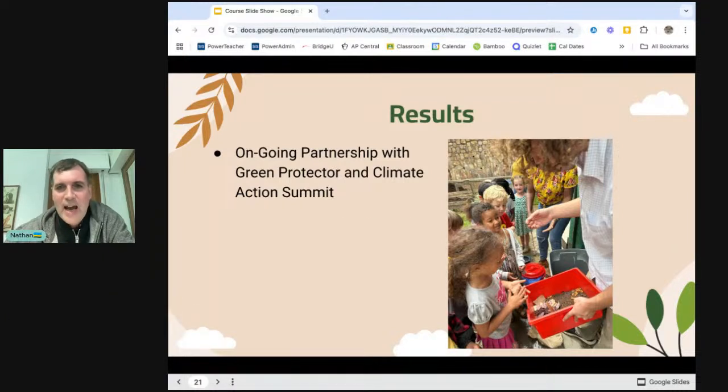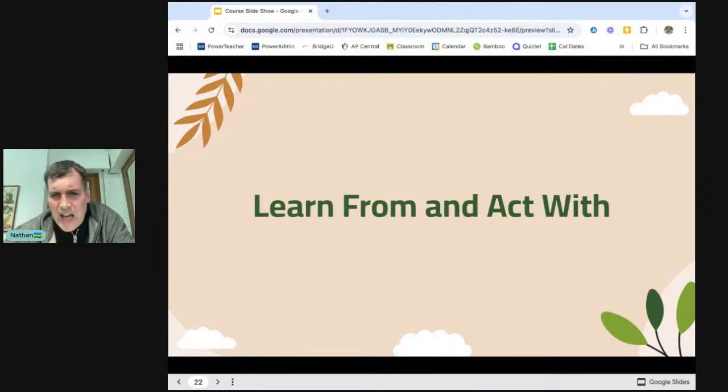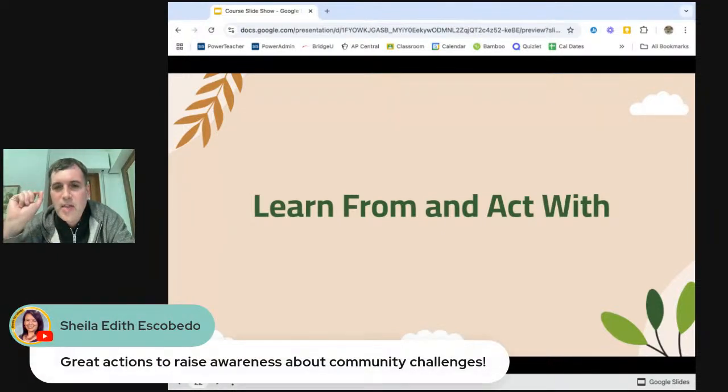And then lastly, I just want to emphasize this idea of learn from and act with. I think this has been the biggest takeaway for me, that the students have walked away from the course with this motto in mind, and it comes up regularly. I think this is a key part of global citizenship: if students go out into the world after high school, wherever they end up living, university, future careers, whatever, and they have that perspective that wherever they're rooted at the time, wherever they're living and inhabiting,